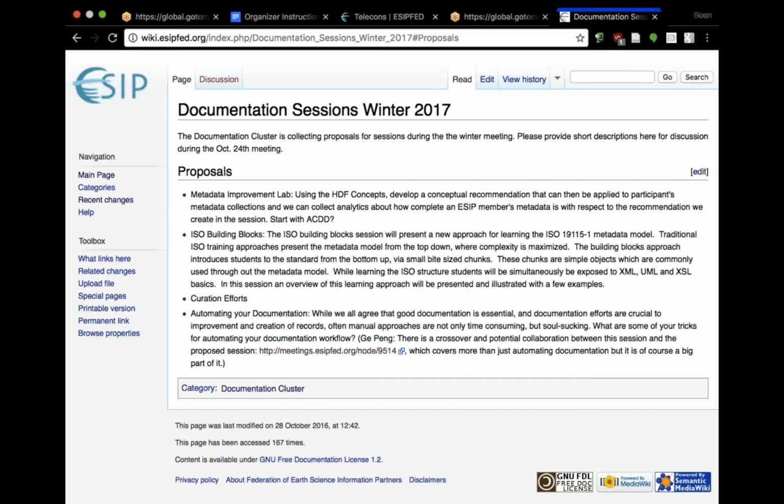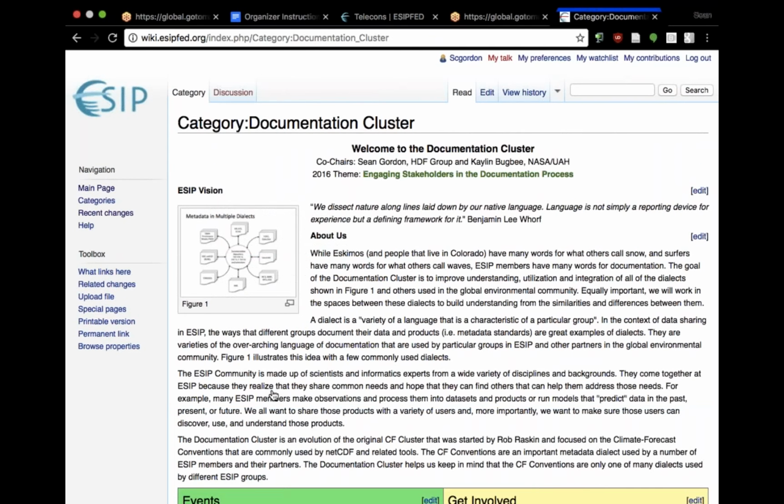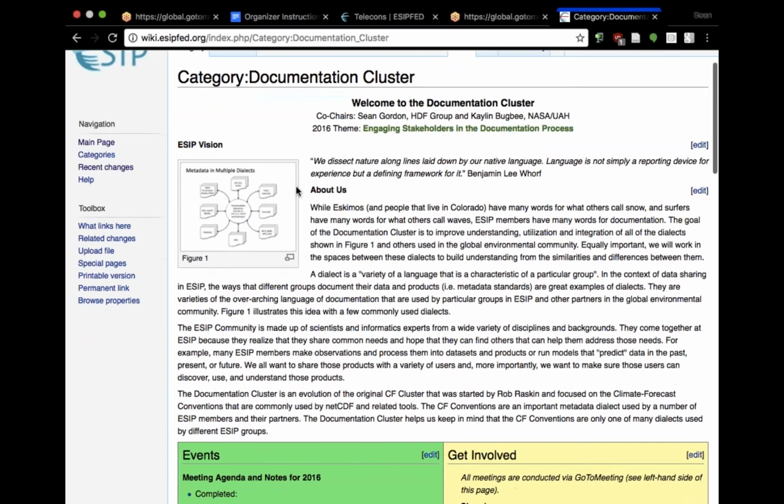We do need to think about revising, rebuilding the documentation cluster homepage, and also in a similar vein, we need to create a poster for the cluster so that people who may not be as familiar with ESIP, when they come to a meeting, can learn about clusters and perhaps find areas of interest that they would like to hook into.